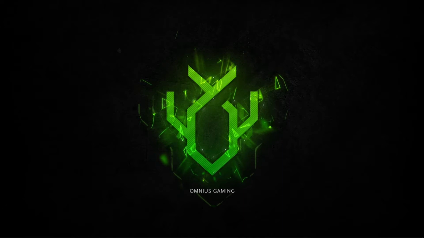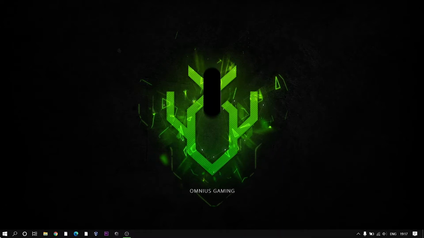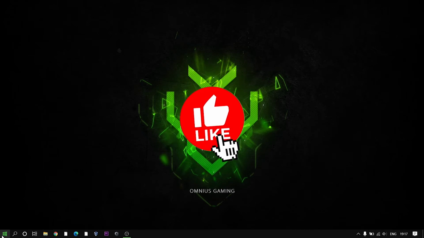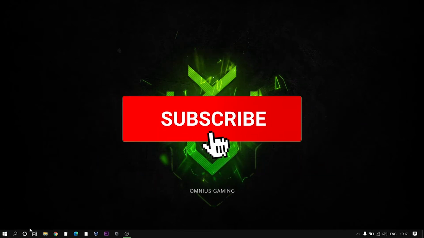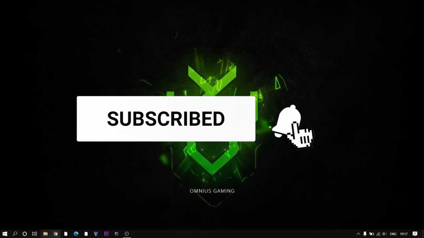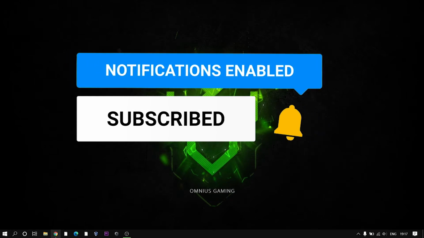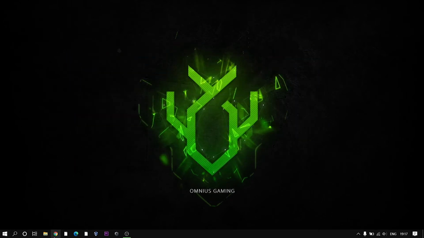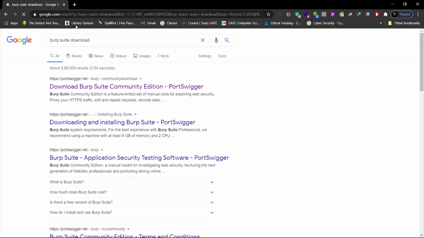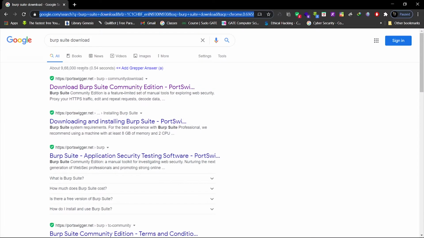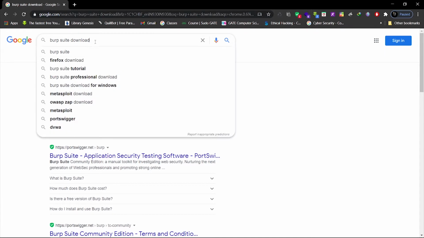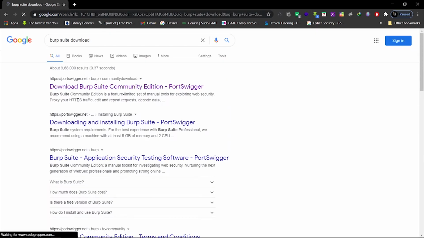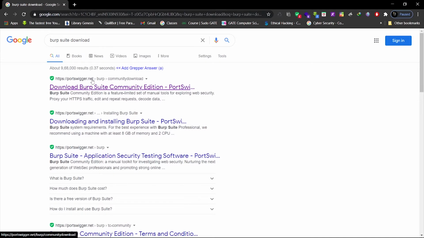Okay, don't be delayed. Let's get into how to install Burp Suite on a Windows machine. Open your favorite browser, Google Chrome or Mozilla Firefox, or something else, go to the search box and type Burp Suite download for Windows, or Burp Suite download. You can download Burp Suite from postsugar.com or whatever website you like. I will go to postsugar.com.